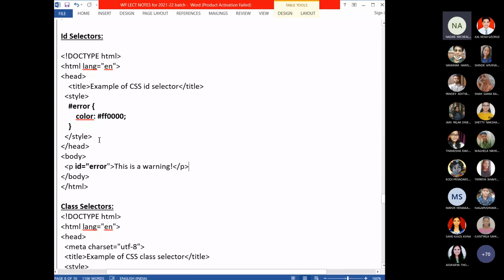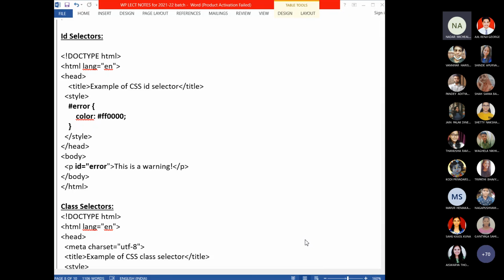Now, what is the advantage of giving an ID like this? Can any one of you compare writing the selector using ID, that is the ID selector, and the element level selector? Does this have any benefit?